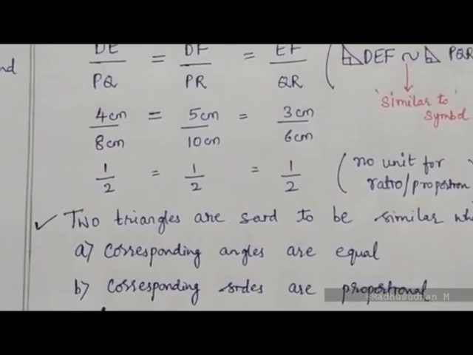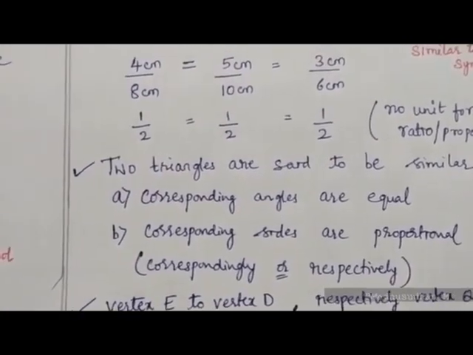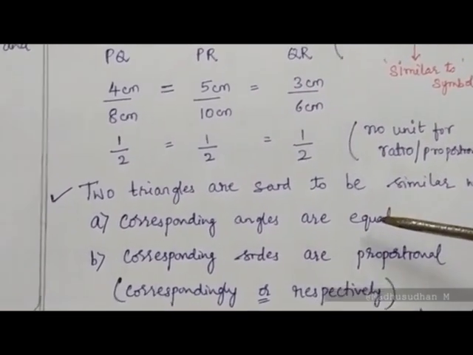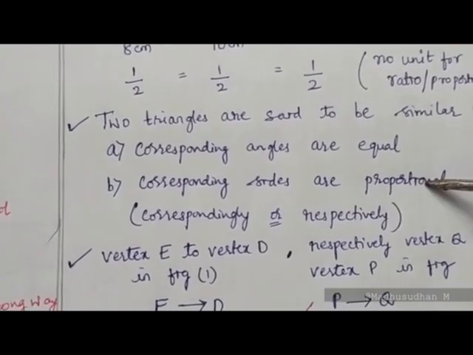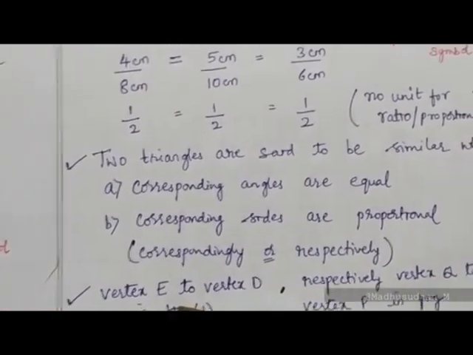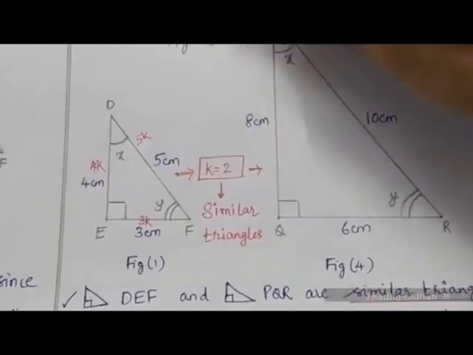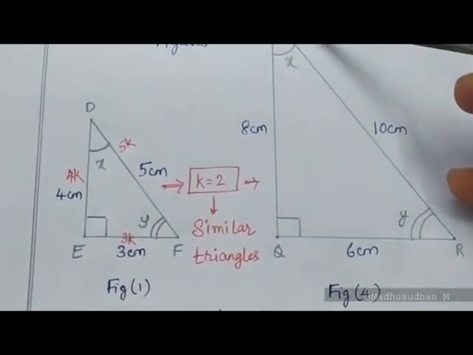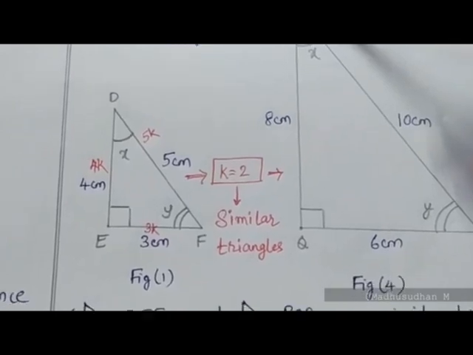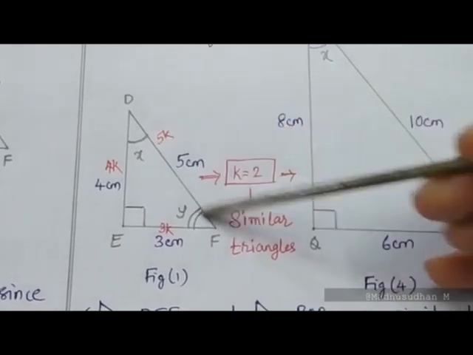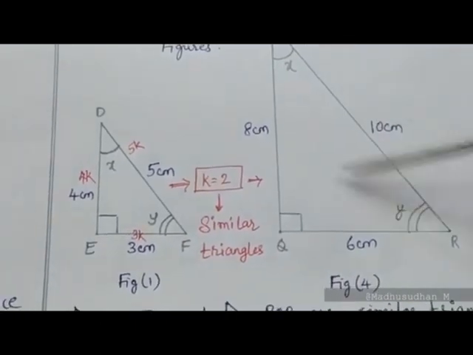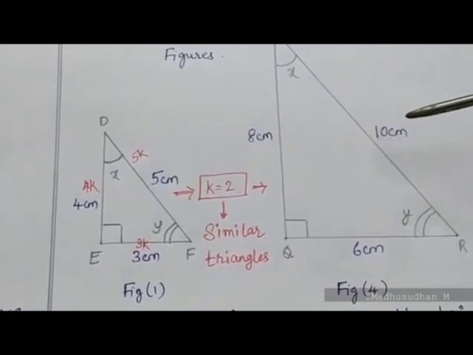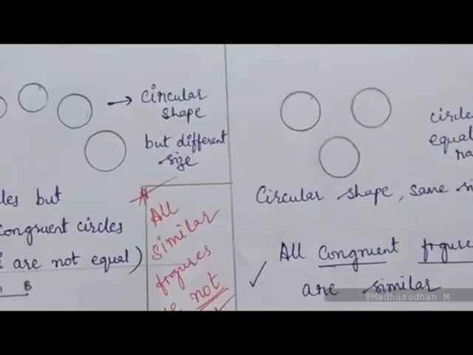So two triangles are said to be similar when the corresponding angles are equal. When we speak about angles, they are always equal. When we speak about sides, they are always proportional. So when we speak about vertex E, from vertex E to D, Q to P shall be the right way of understanding and writing it. From D to F, it should be P to R. D to F and R to P, or DF equal to RP, shall go wrong. Followed it?